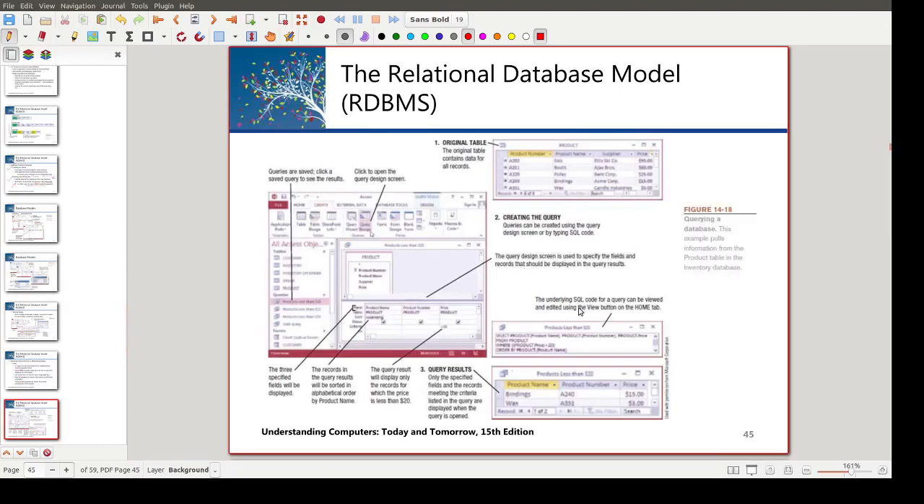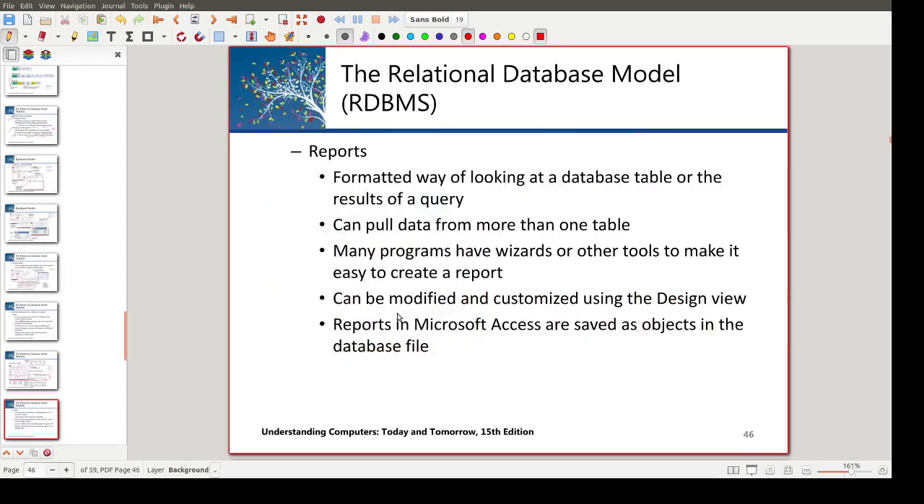So when querying a database, you can write your query here using SQL, or you can use something called a wizard. This is the original table, and this is creating the query. You say, okay, I would like to know something about table XYZ, and then it pulls the information from the product table. If you have a very repeated query, so it is not just one time, for example, I would like to get the overall payment in this month or whatever,